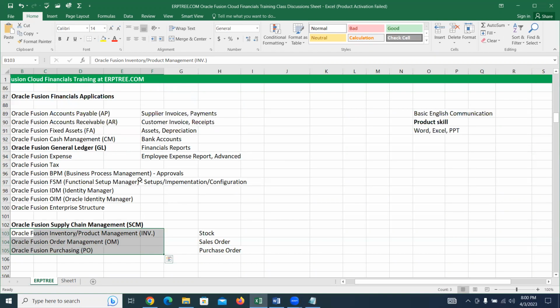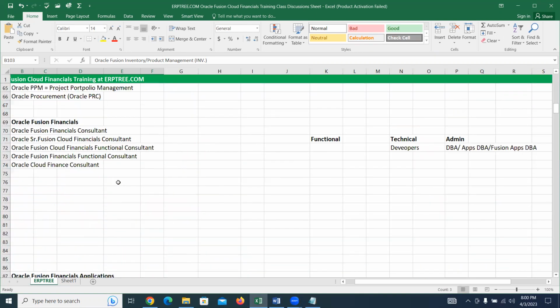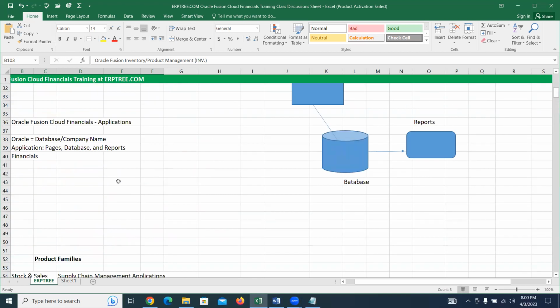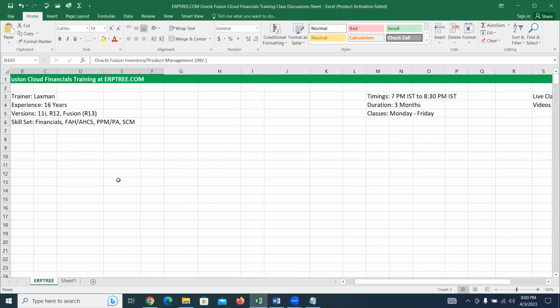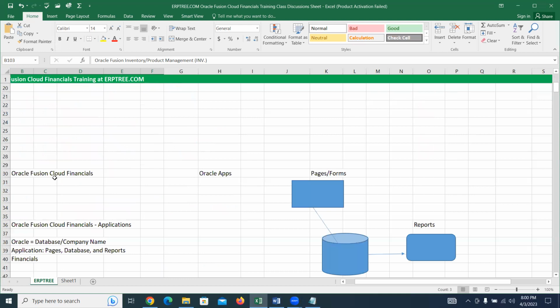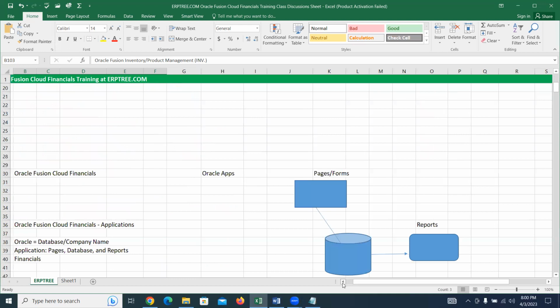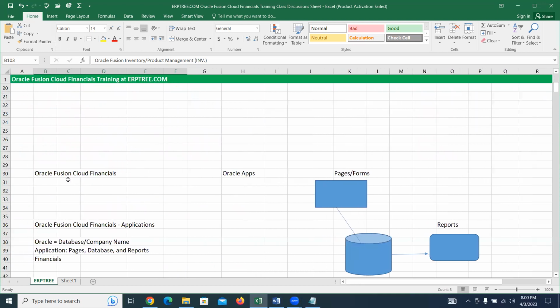So this is all about the meaning of financials applications. In tomorrow's session, we'll talk in more detail about what the meaning of Fusion Cloud is. These are a little big concepts to understand. We have to discuss and understand them in more detail. Once we understand, we'll talk about the system and how it would be. And if time permits, we'll have access to the system also. We'll see how it goes.